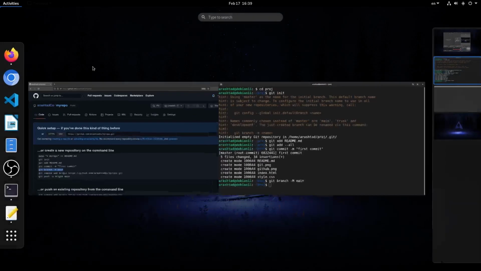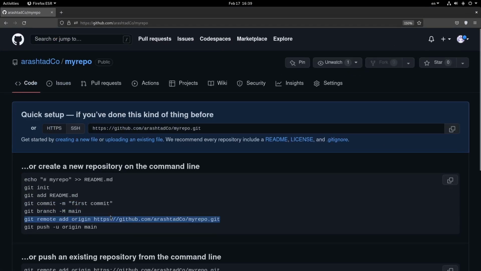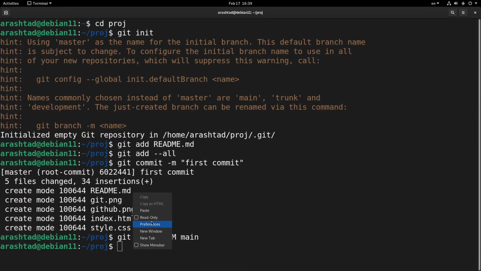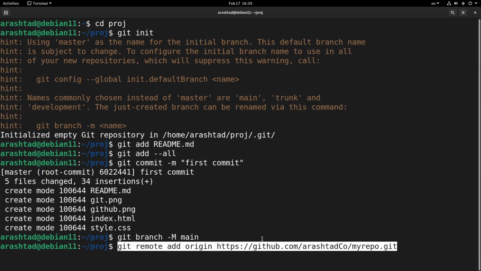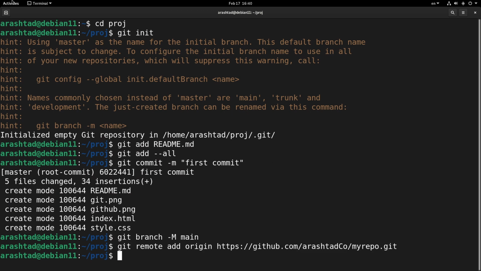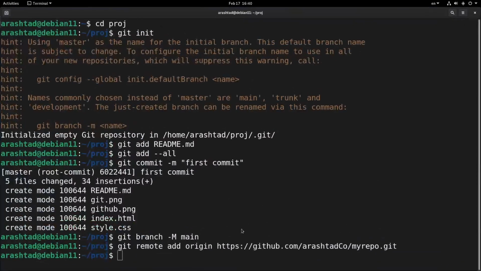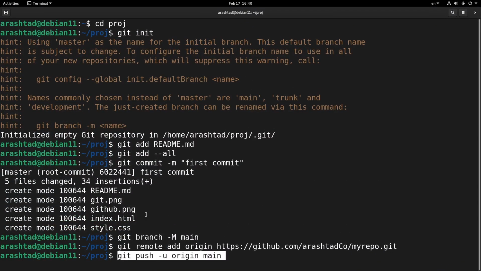And then what we need to do is git remote add origin, and this is just the same link that you're given here. You can copy this for other commands you might have. So I'm going to paste in that command right over here, and then finally we can run git push -u origin main, which is the final one where you will write the username. So here I can write the username that I have